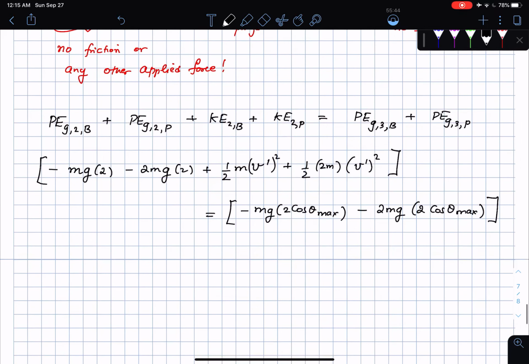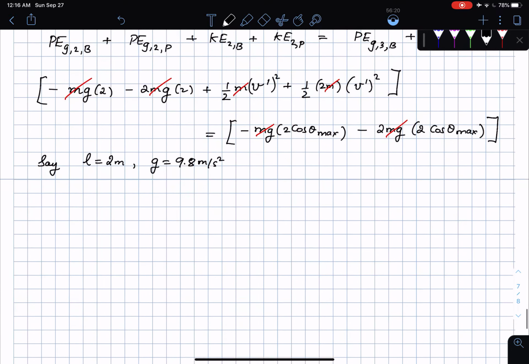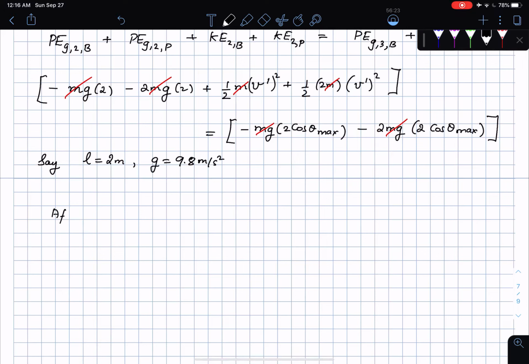I can get rid of some of these common terms. First of all, the mass term is gone from pretty much all of these. Then I can start cleaning things up. Let me say that g is 9.8 meters per second squared, and the length L is 2 meters, which is given. So this 2, I'm just going to write as L. If I do the simplification,